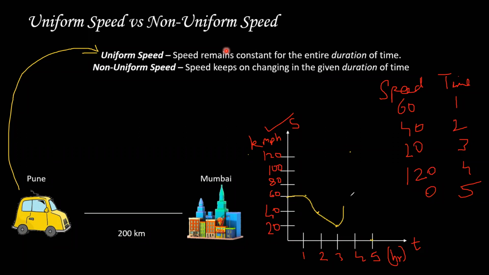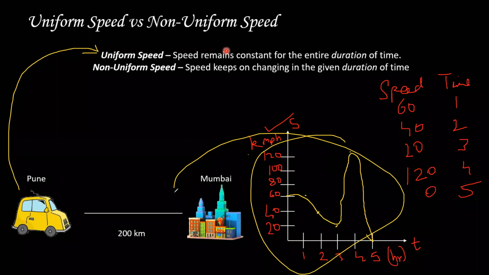And then it goes like, oh. So it's very difficult drawing with a mouse. So let's say it starts like this, goes like this, comes back up over here, and then it goes like this. So now folks, tell me, is this uniform? Is this a straight line now? No, Bhaiya, no, it's non-uniform. Exactly. So now you're seeing what non-uniform means. Can you imagine now? So this is non-uniform.